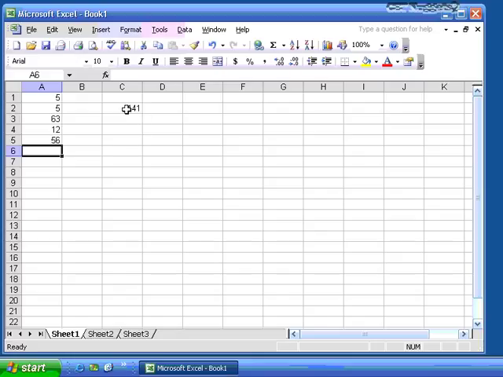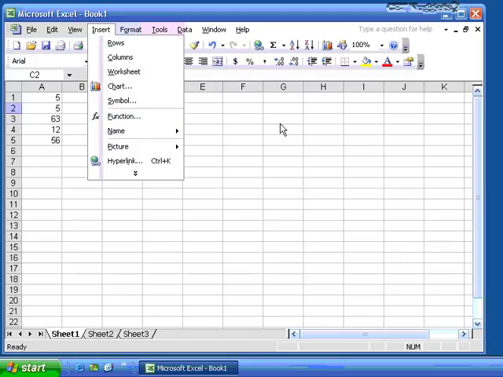So again, that is how I can manually come in and plug in a function. Of course, not everybody knows every single function, and so they're not going to be able to just come up here to the formula bar and start typing away and know instantly the functions. Now, the ones you use more often, you could probably do, but sometimes it's so much easier just to click on the Insert Function button, or I can come up here to the Insert menu and do an